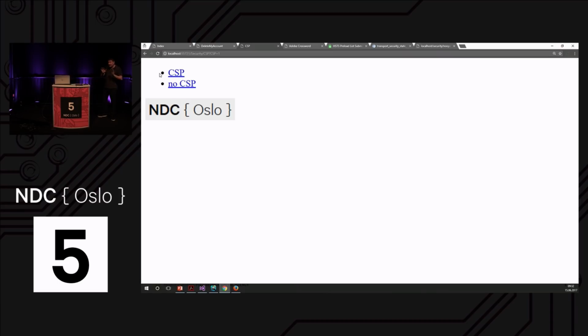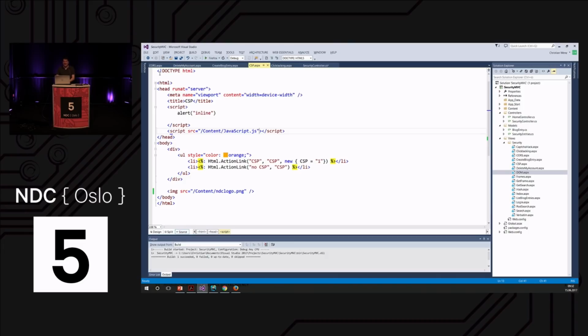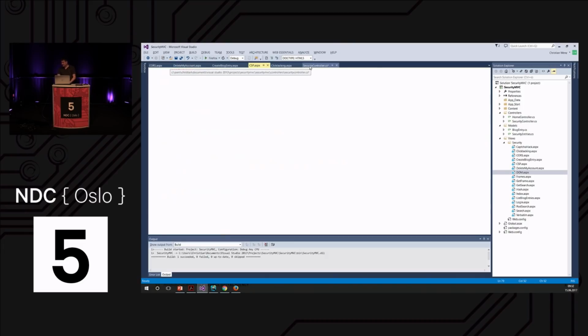I mean, it does come at a certain cost. Disabling inline JavaScript code, for instance, might be cumbersome for some kinds of applications. So those of you who have worked with, let's say, ASP.NET Web Forms in the past, or maybe still now, you know that the mechanism behind ASP.NET Web Forms is injecting some inline JavaScript code, which is needed for running the page, especially when you work with forms. Well, this code then doesn't actually work when you use content security policy. There are ways around that. So we can enable inline JavaScript code again.